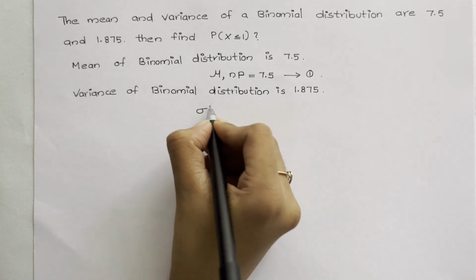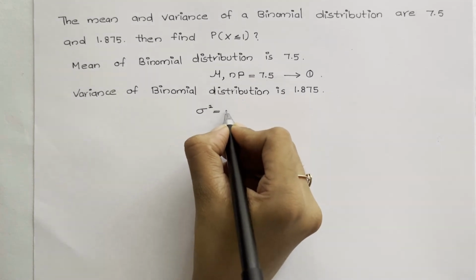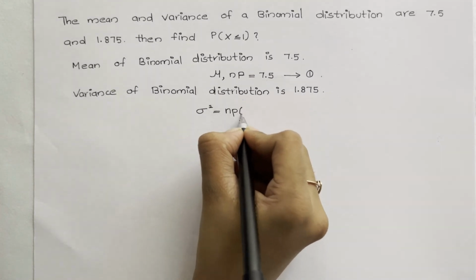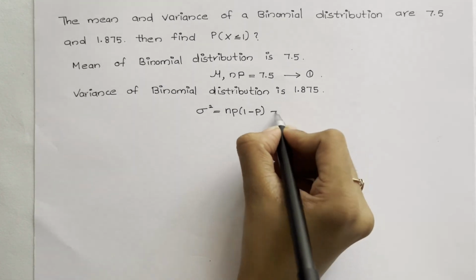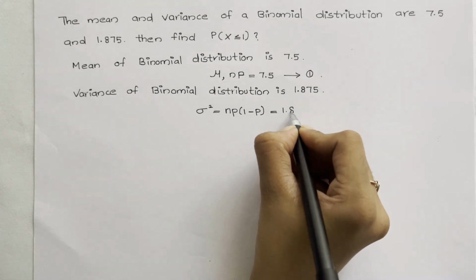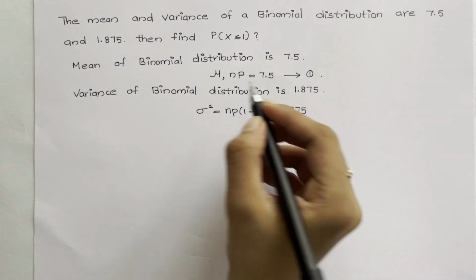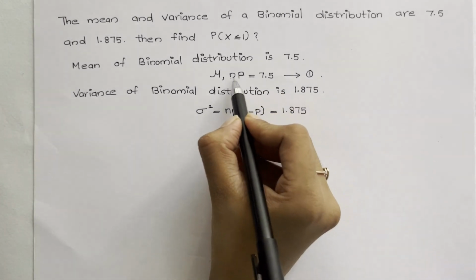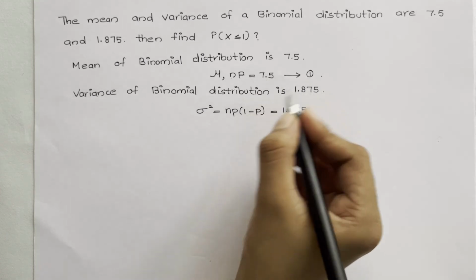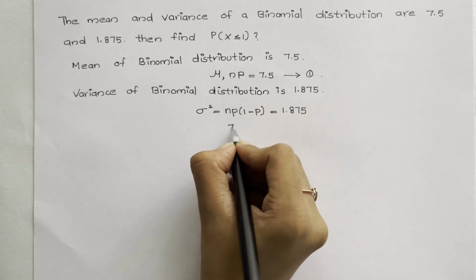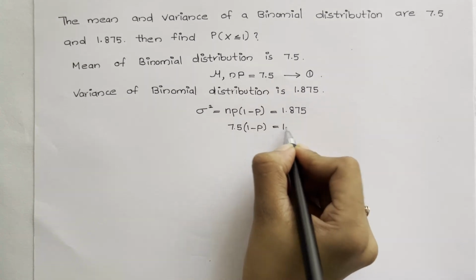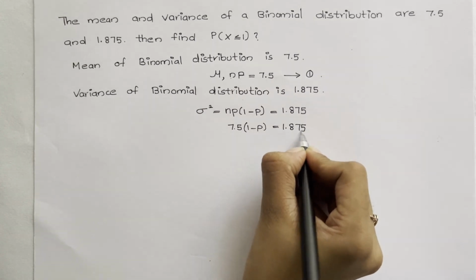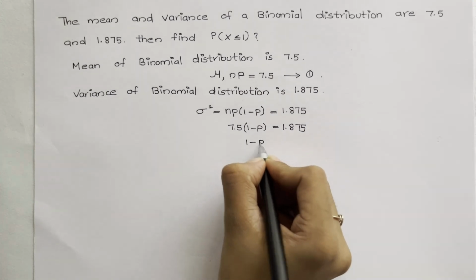Variance of binomial distribution is calculated as sigma square equal to np into (1 minus p) equal to 1.875. From the above formula, np equal to 7.5. Substitute np as 7.5 into (1 minus p) equal to 1.875. Thus, 1 minus p equal to